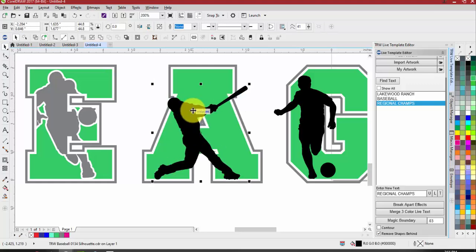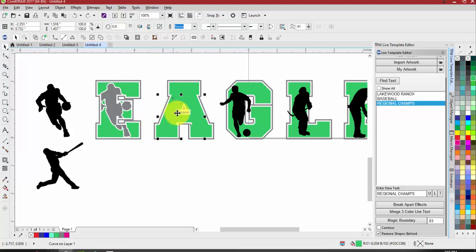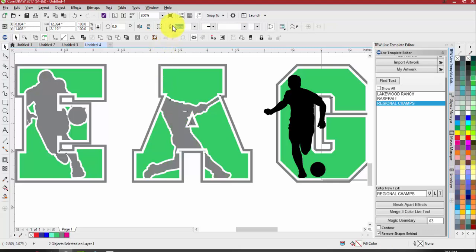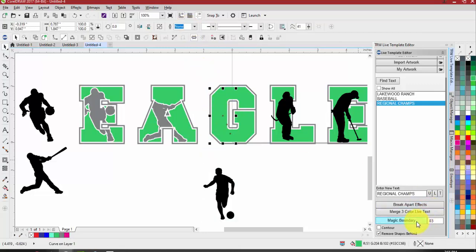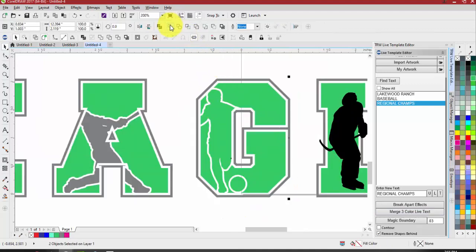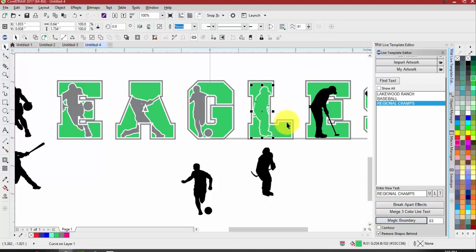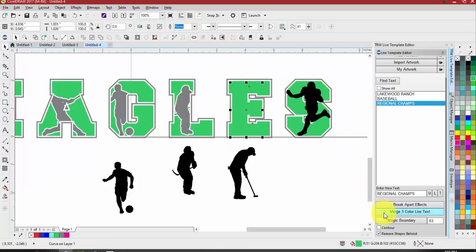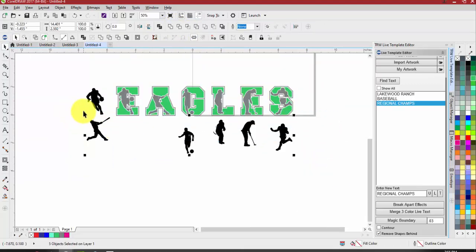And then you'll pretty much just repeat that. So it's selecting the object on top, holding shift, selecting that green, intersect, go ahead and move that down, and just click in that area, magic boundary, and then select that, weld it to the side, select both of those, intersect, move it away, select our piece, magic boundary, hold shift, select the outside, weld, and you can virtually make any font with that knockout look pretty quickly now, pretty much using that magic boundary tool. So we have Eagles,